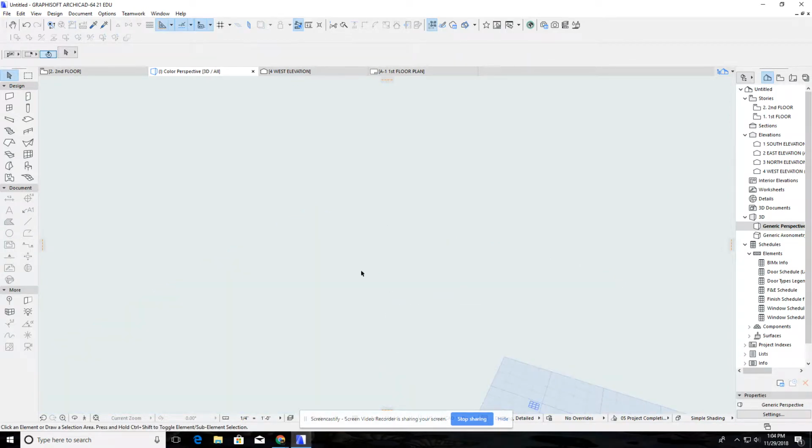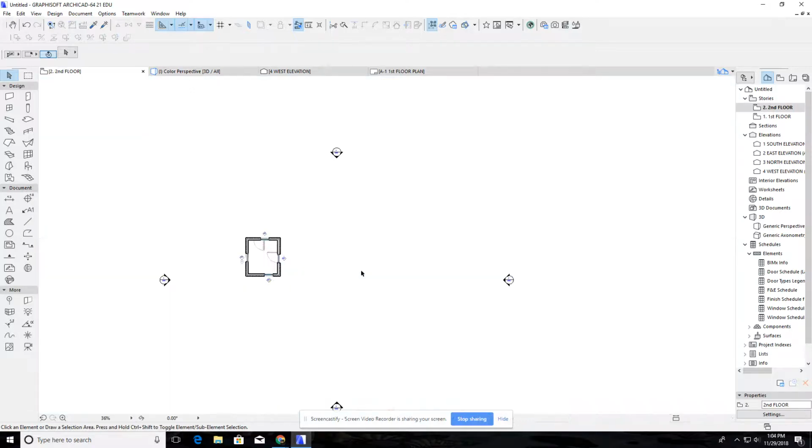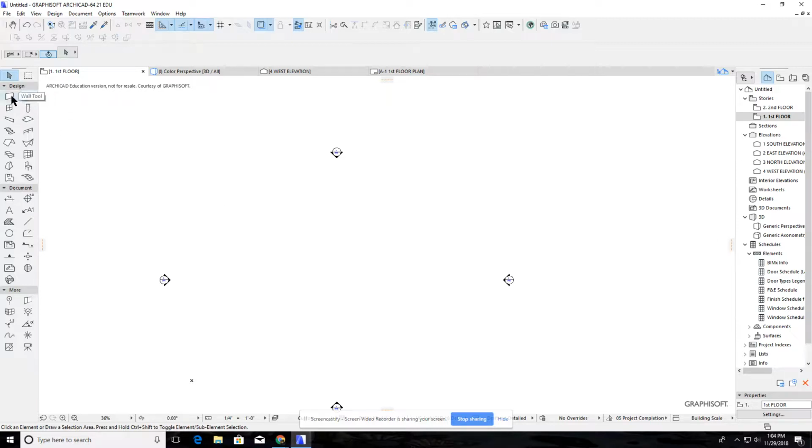And we're going to start new. So let's go back to the 2D view, F2, and make sure you're on the first floor. Okay, make sure you're on the first floor. So just come over here, double click it. We don't want to be drawing on the second floor, so we'll get on the first floor here. We're going to go ahead and remember you want to keep everything inside of this. Okay, all right, so we're going to go ahead and